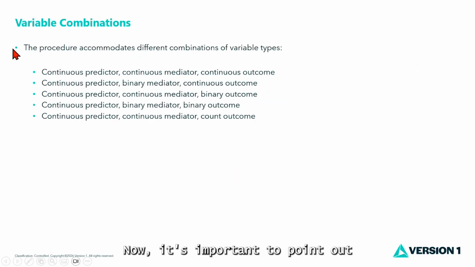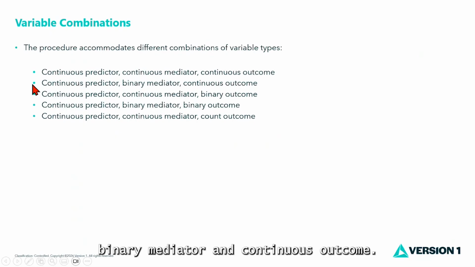Now, it's important to point out that the procedure accommodates different combinations of variable types. So you can have a continuous predictor, continuous mediator, and continuous outcome. You can have a continuous predictor, binary mediator, and continuous outcome. You can have a continuous predictor, continuous mediator, binary outcome, continuous predictor, binary mediator, binary outcome, and continuous predictor, continuous